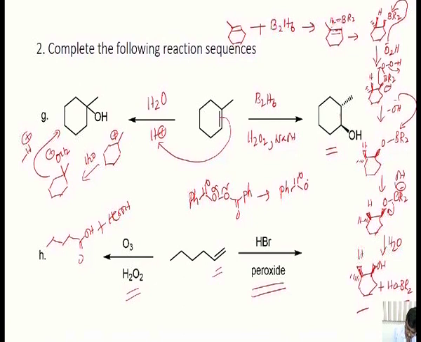This can react with the HBr to form Br radical. This radical can undergo addition reaction with this alkene